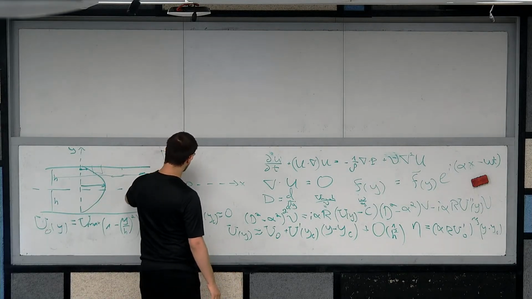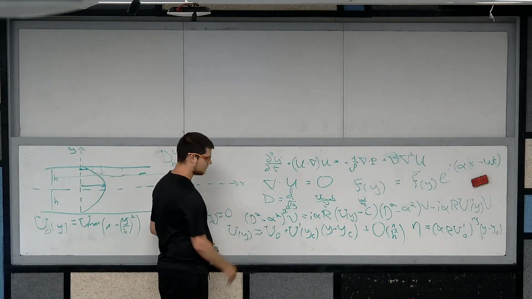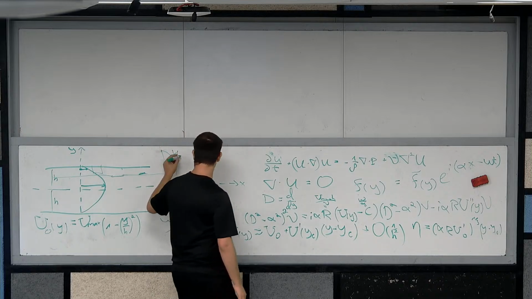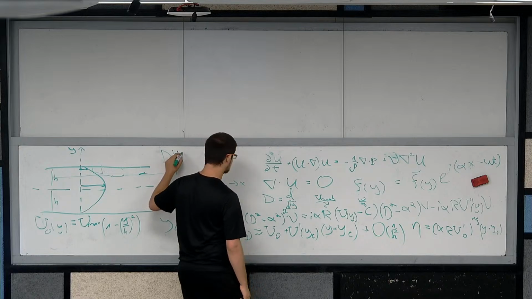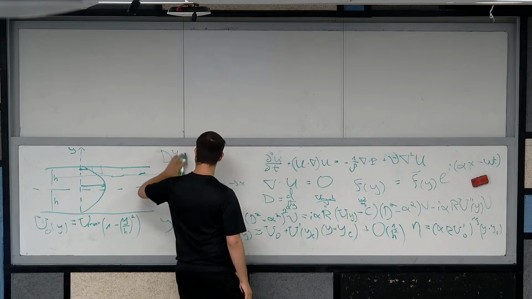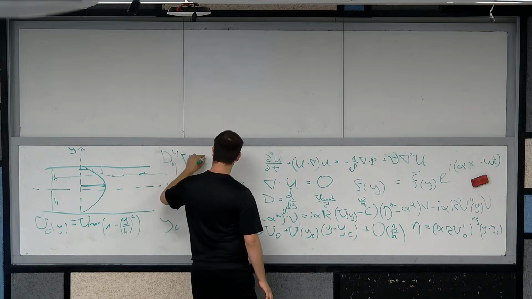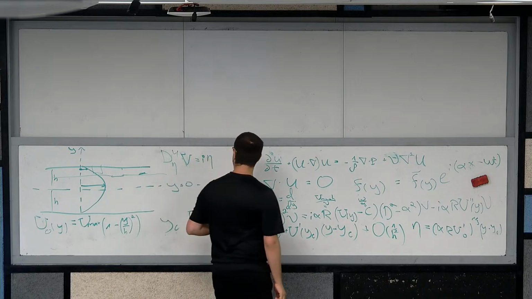D eta to the fourth, because we had fourth order, we throw away a lot of stuff, and we get times v, let's call that capital V, equal to i eta